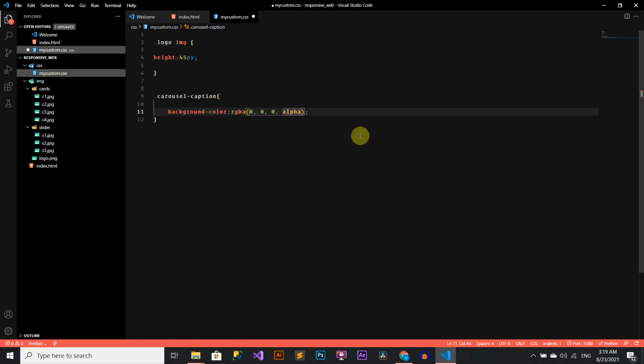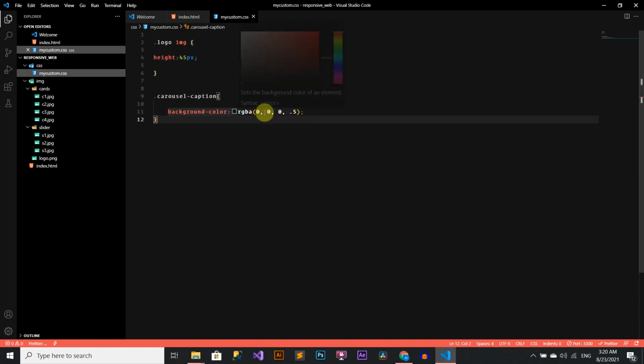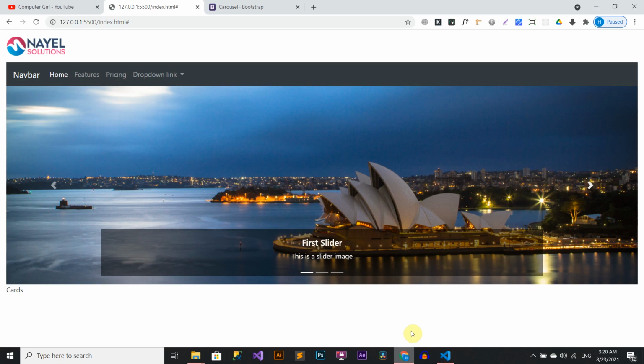In RGB values, 0 is black and 255 is white. So I will put black transparent color 0, 0, 0 and 0.5. See, my favorite effect for div color.